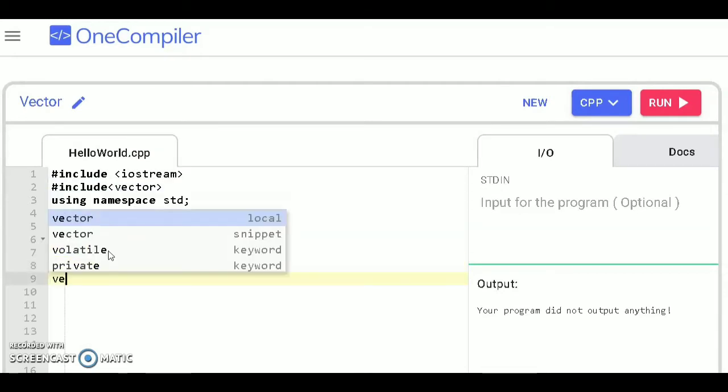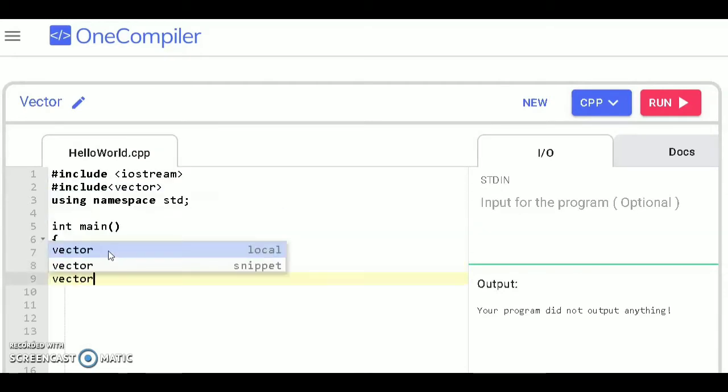You can also declare a vector as vector of integer, object b, with 5, 10. This means there are 5 elements in the vector, each having the value 10. This type of declaration is also used when we have to declare a vector of zero elements.